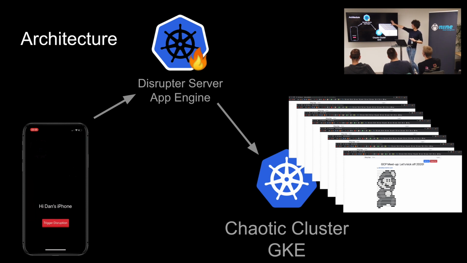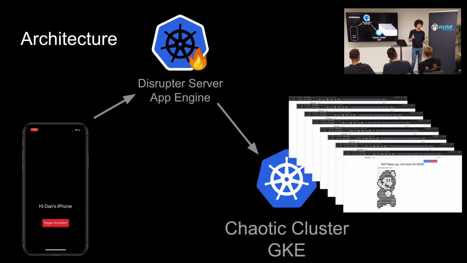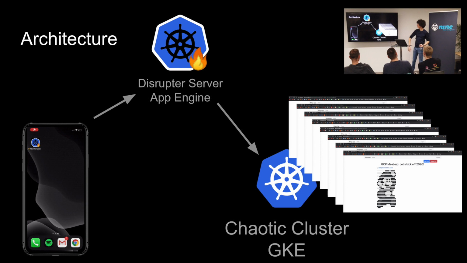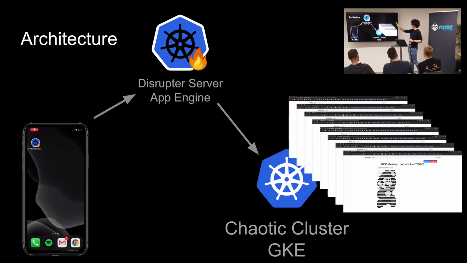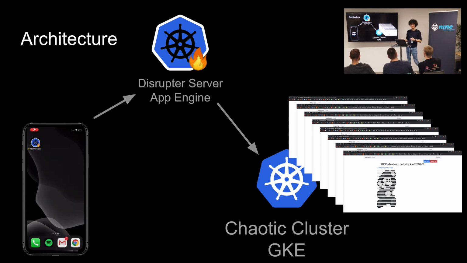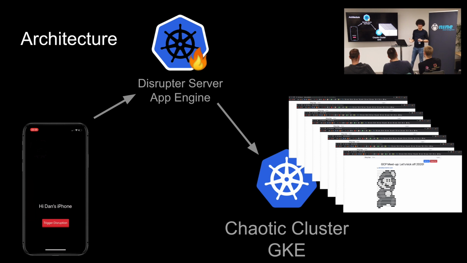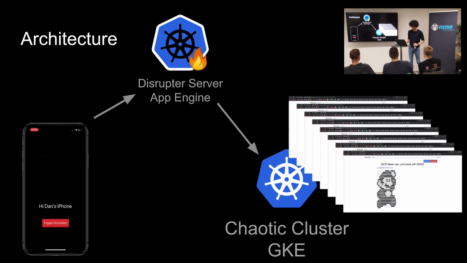Then it goes to this disruptor server, which is amazing because it takes a POST request sent by the application. So now I can modify the server as easily as I can and still keep compatibility. It has service account login on App Engine because it's really easy to do so. And it goes and directly kills one of my instances in my instance group for GKE. If you're using GKE, when you create it, you get an instance group. Usually, you're not supposed to delete VMs, but you can.